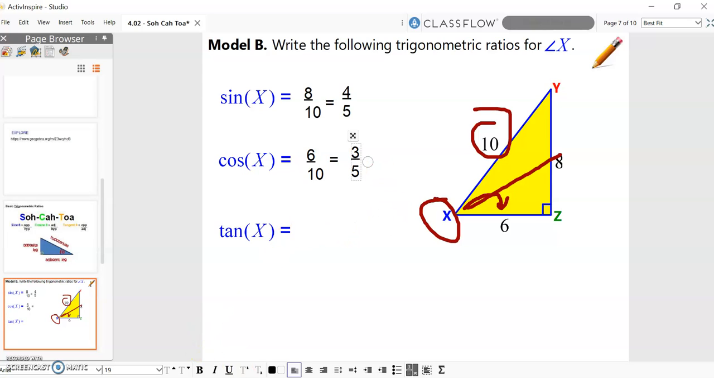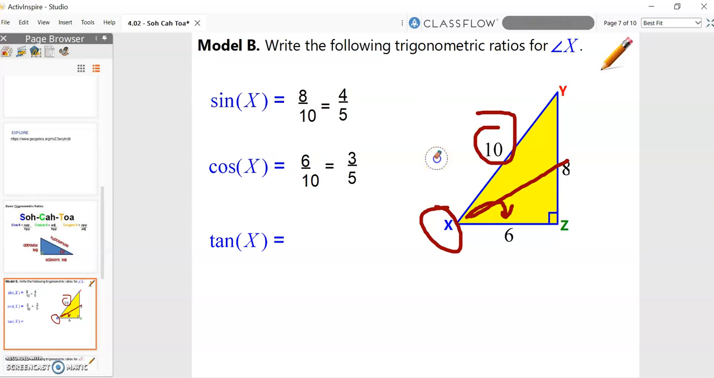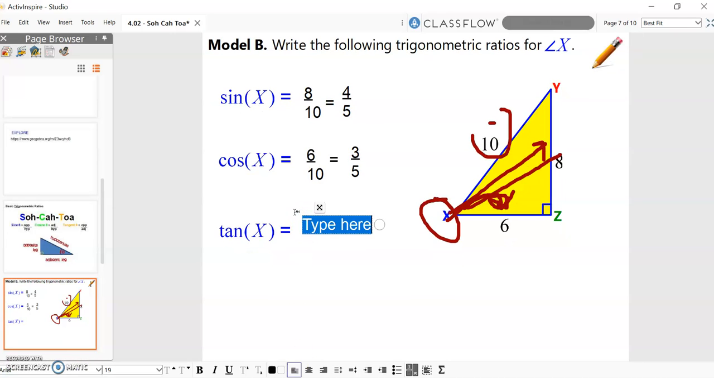And finally, tangent. See if I can erase. Already erased it. So tangent is opposite over the adjacent. So it'd be 8 over 6. And that can simplify into 4 over